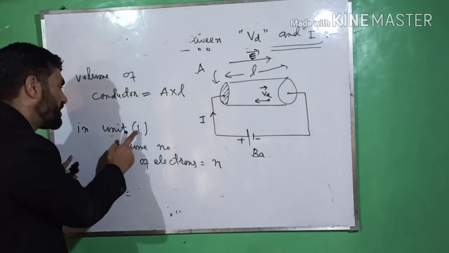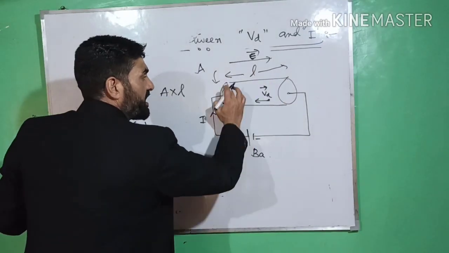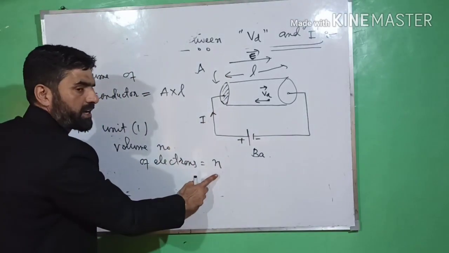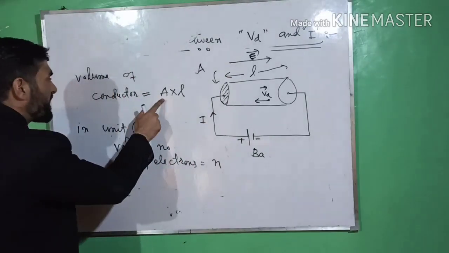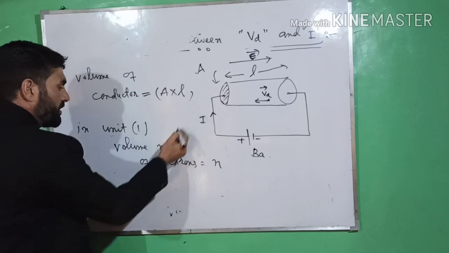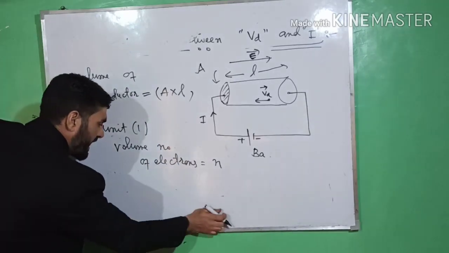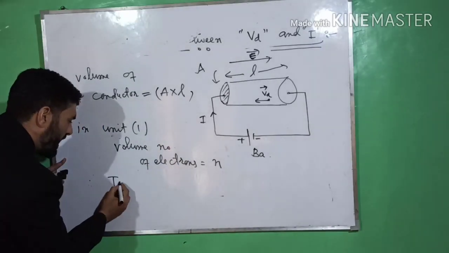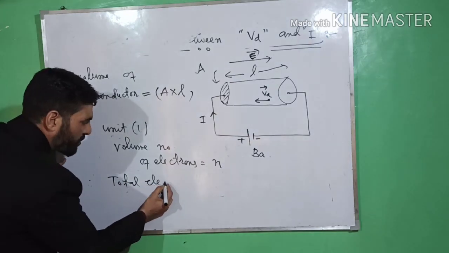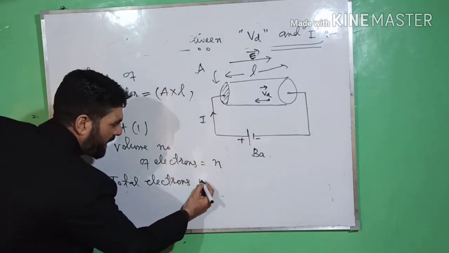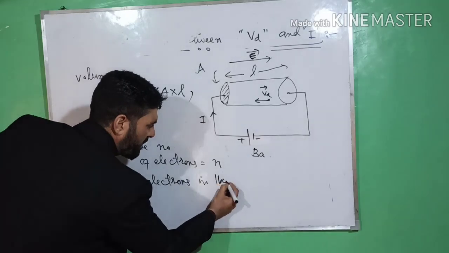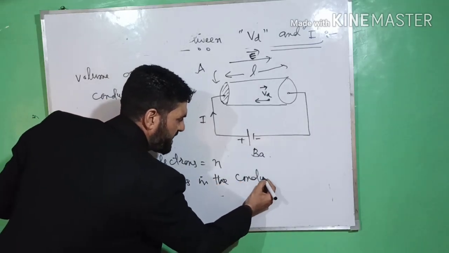That means in unit volume of this conductor, the number of electrons is N. But the volume of the conductor is AL. Therefore the total electrons in the conductor, here the conductor in the form of a cylinder,